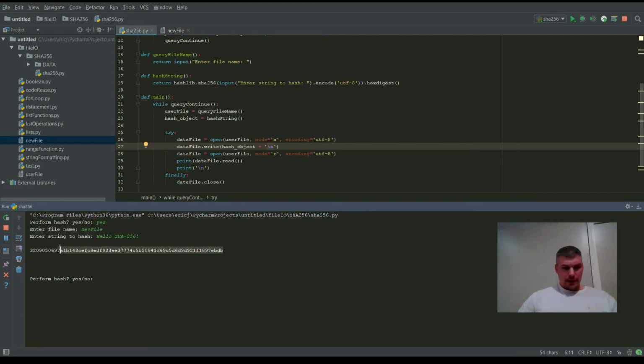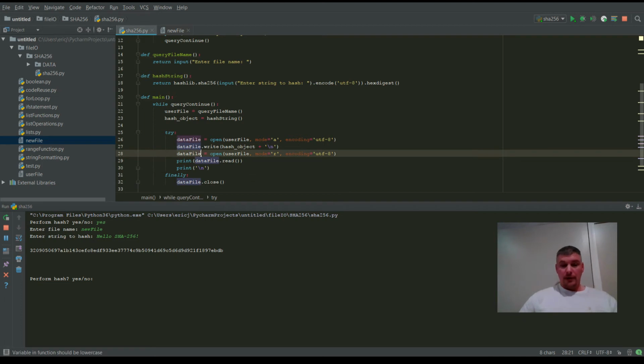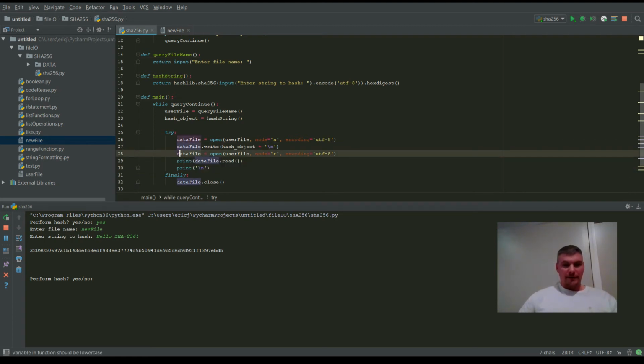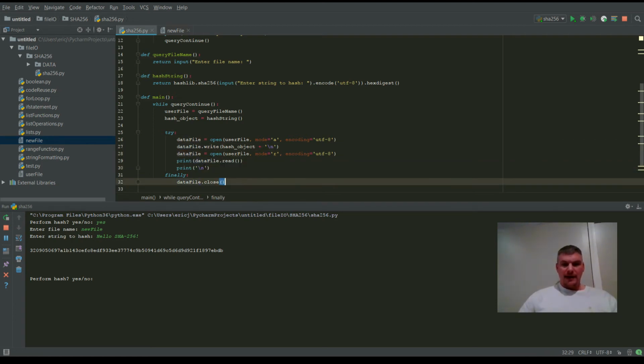Let's see, and then after that, because we see it on the screen down here in the terminal, how did this get printed to the terminal? I thought we were writing it to the file. Okay, so it did write it to the file, but then the next line, we create another file handle, and this one we're setting the mode to read. So we have to specify which mode that we're going to be using, either read, write, append. And so same thing, we set the mode, the encoding, pass back the file handle reference, and then after that we print